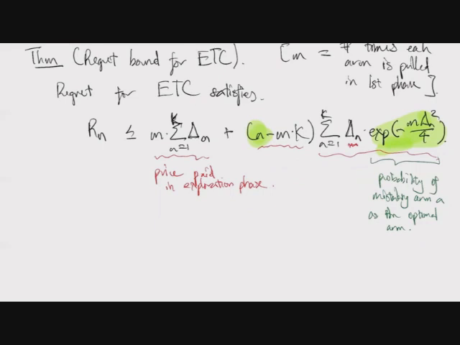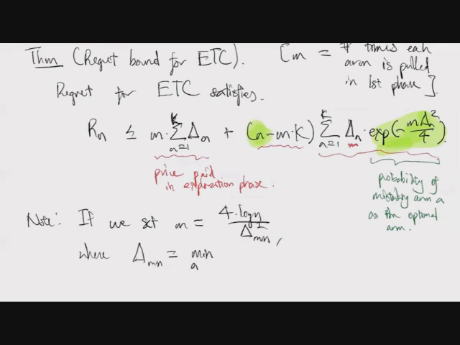So here's a remark. If we set m to be equal to 4 times log n divided by delta min squared, where delta min is the minimum over all the arms that are not the optimal arm of delta sub A,